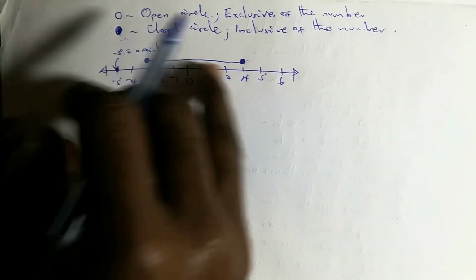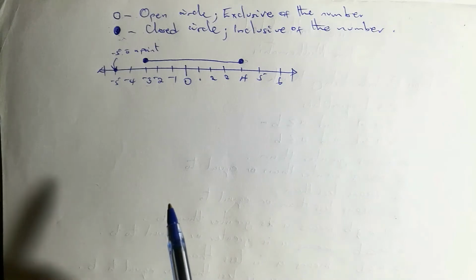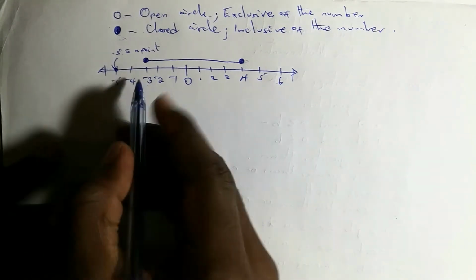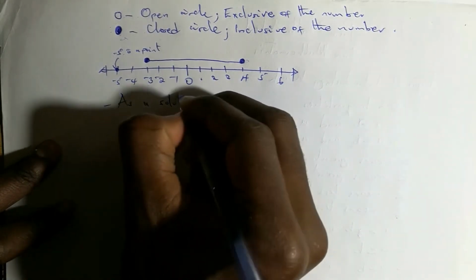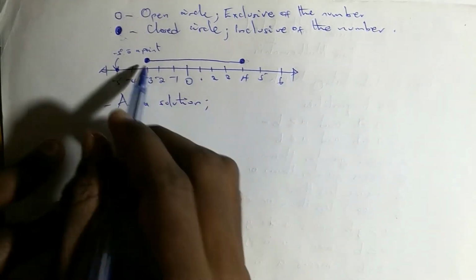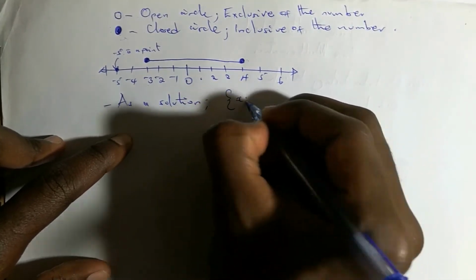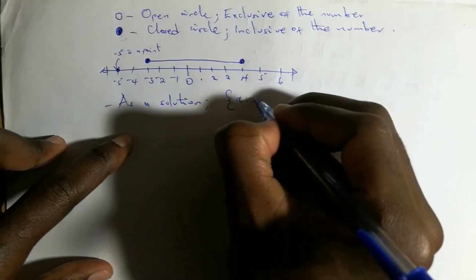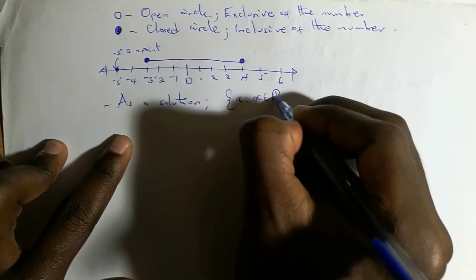So in other words, we can express this as this section, or we can express it as a solution set. A solution set is written like this. This would be written as x being a real number